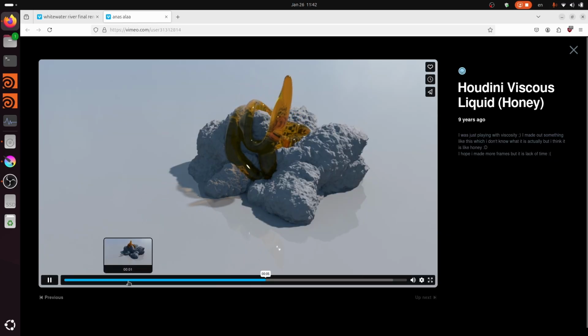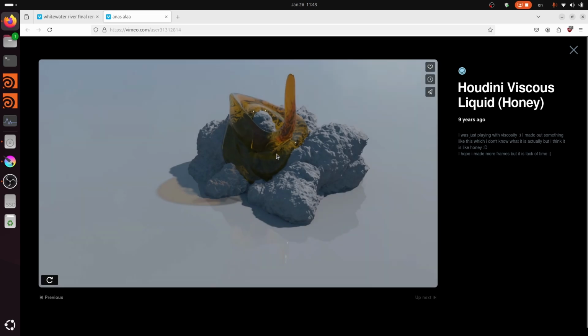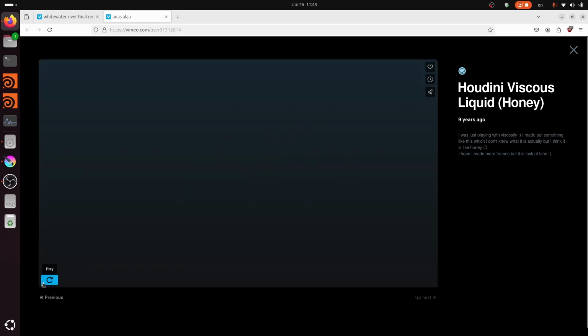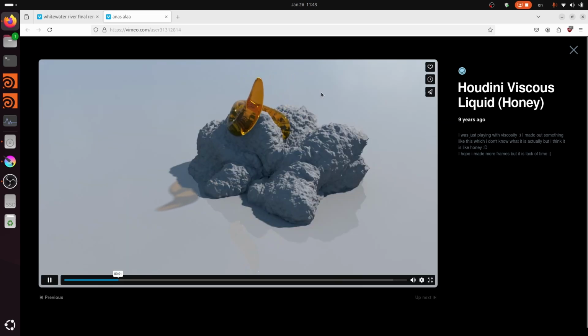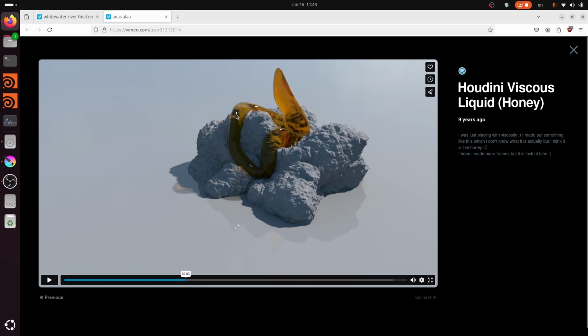So this is an old simulation that I did using viscous fluids. It's something more viscous like honey, and as you can see here, it's not spreading like water. It gets clumped and it's more viscous like this. And what I want you to see is that